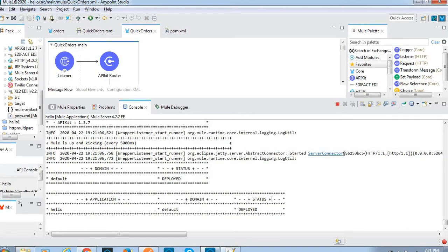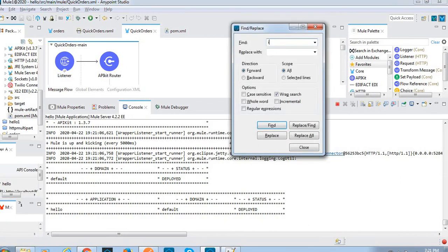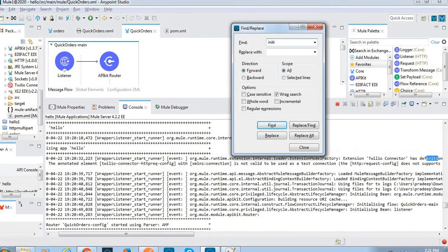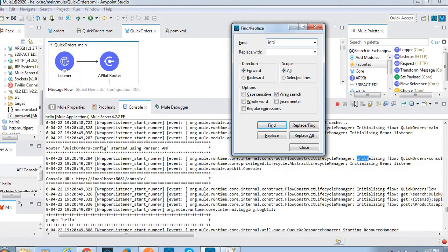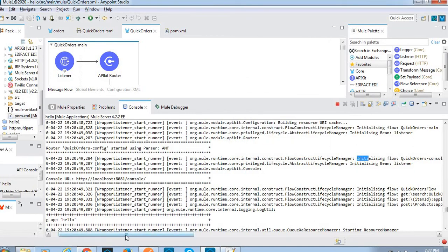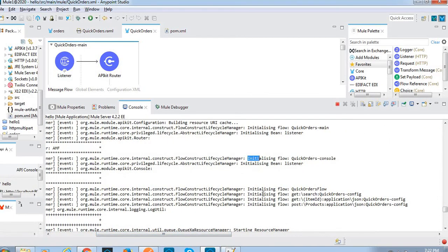Let's see, is it deployed successfully? Yeah, it's deployed successfully. If you want to see how many flows, how many resources it's initializing, we can see here. See, in the initializing section, these are the details. This is one get method we have.